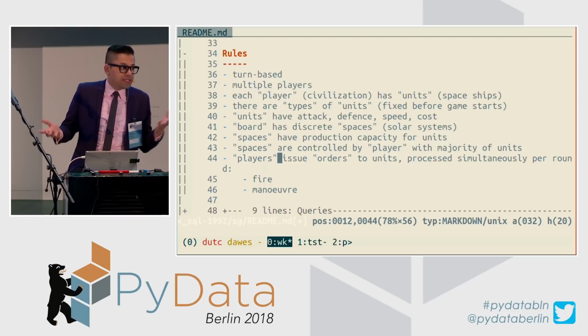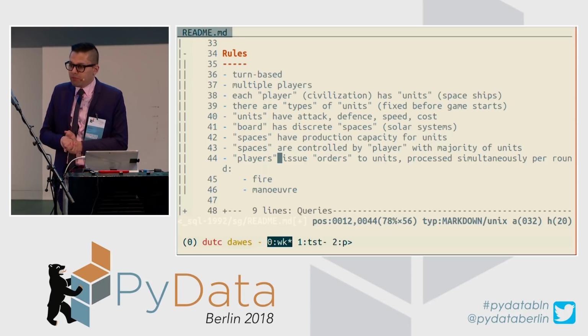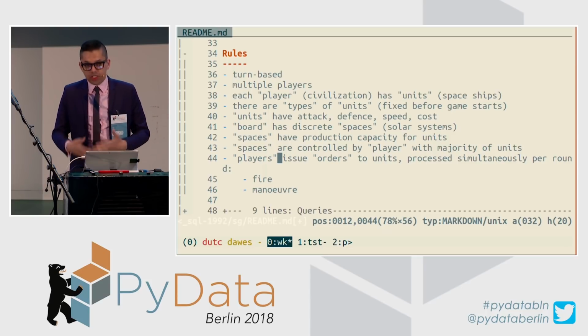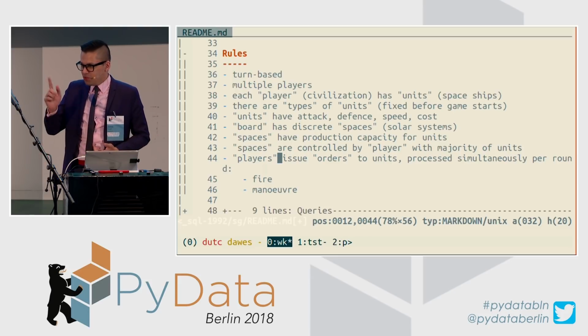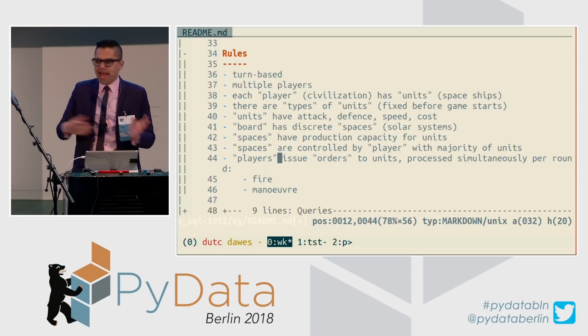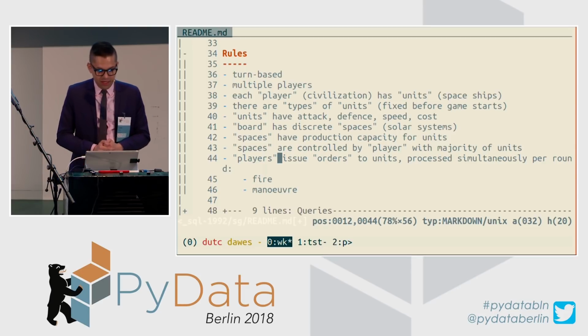We'll do a space game, so it'll be like a space combat game. You'll have some civilizations, those are the players. Each civilization will have some units, those are some spaceships. What can spaceships do? They can pew, pew on each other, so they can fight each other. They have some score for how much they attack each other, how much they can defend themselves.